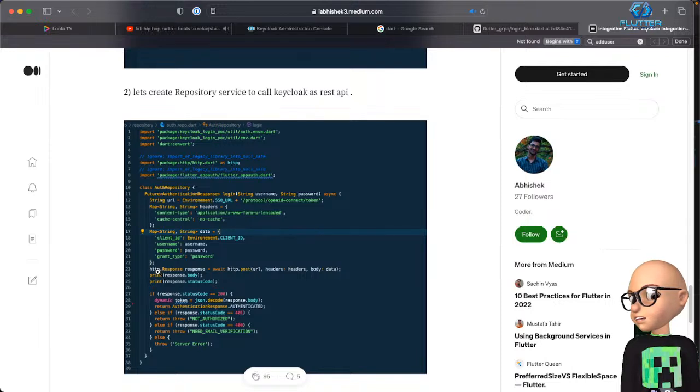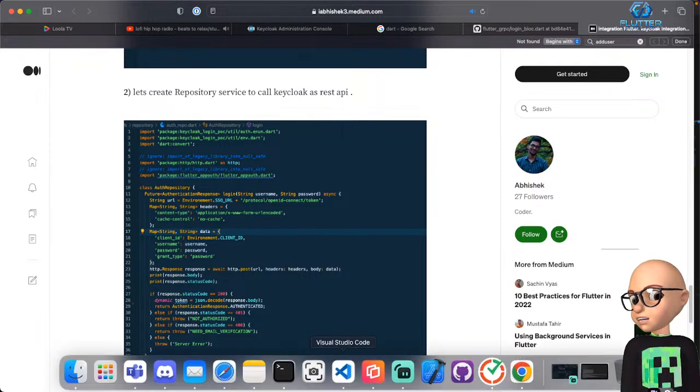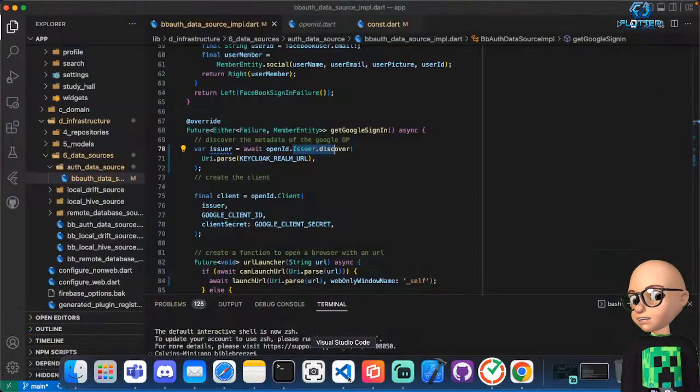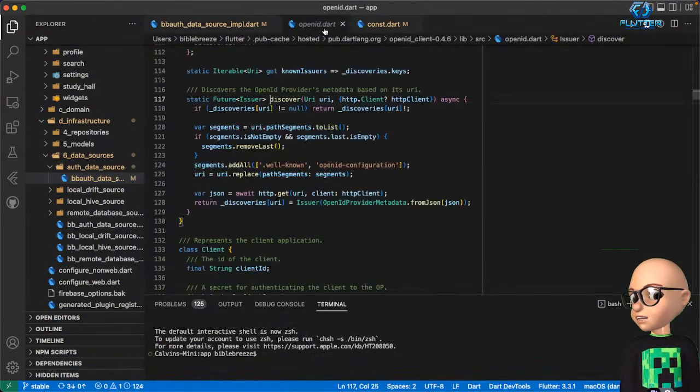Oh, it uses HTTP response equals await HTTP post. And what do we do in our code? We don't do an HTTP post. We do a